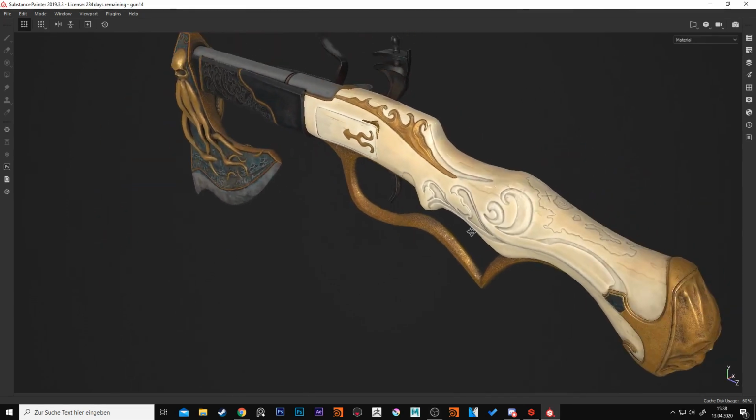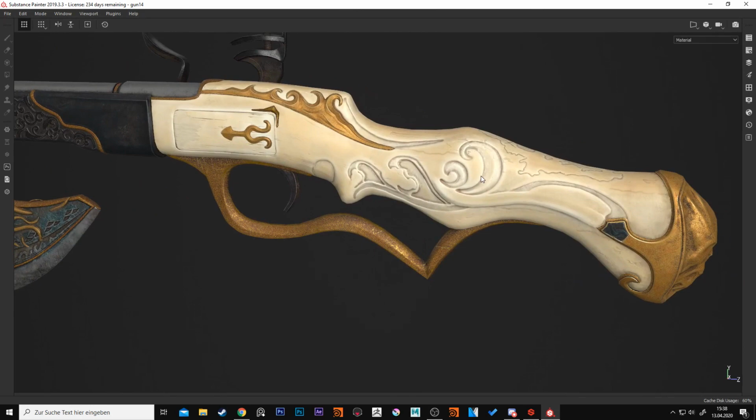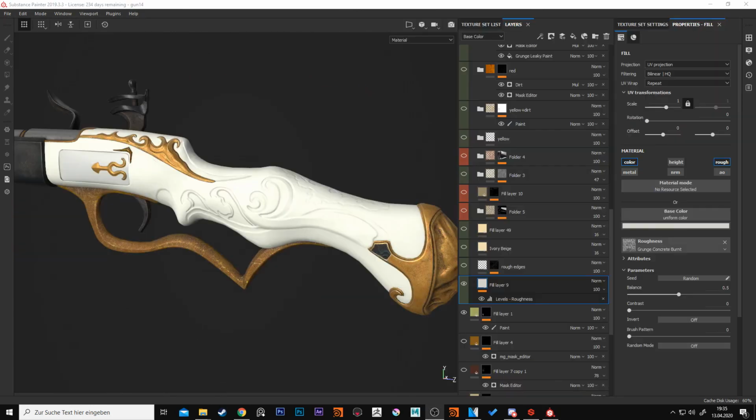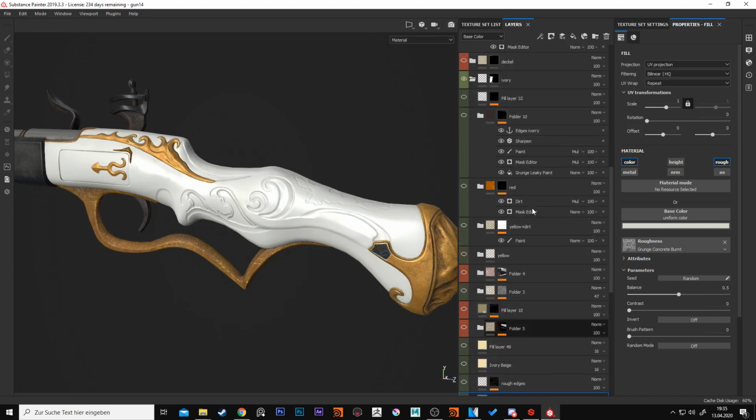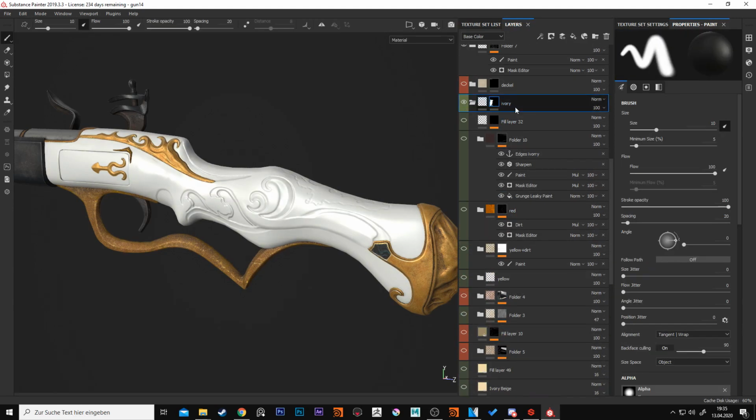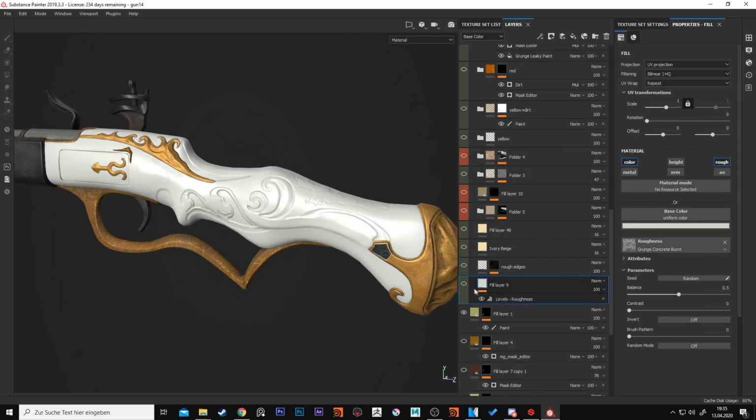I created this weapon and I wanted to share a tutorial on the ivory material. Okay, let's start from the beginning. Here's the ivory folder for the whole material, and I started here with a fill layer with a color and